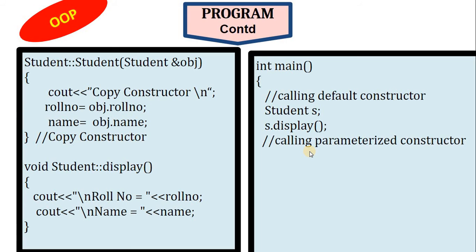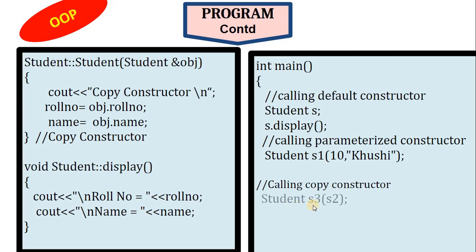After that, I am calling the parameterized constructor. How to call the parameterized constructor? For that, you will have to create an object with parameters. So, suppose I write student s1, observe the object created s1 with two values. First is an integer value and second is a string value. If I write s1 dot display, it will display 10 comma Khushi. Now, if you want to call the copy constructor, you will have to write student s. Suppose I am writing student s3 of s2, that means I am copying the value of s2 to s3. I am very sorry, take this student as s1 and write s1 dot display.